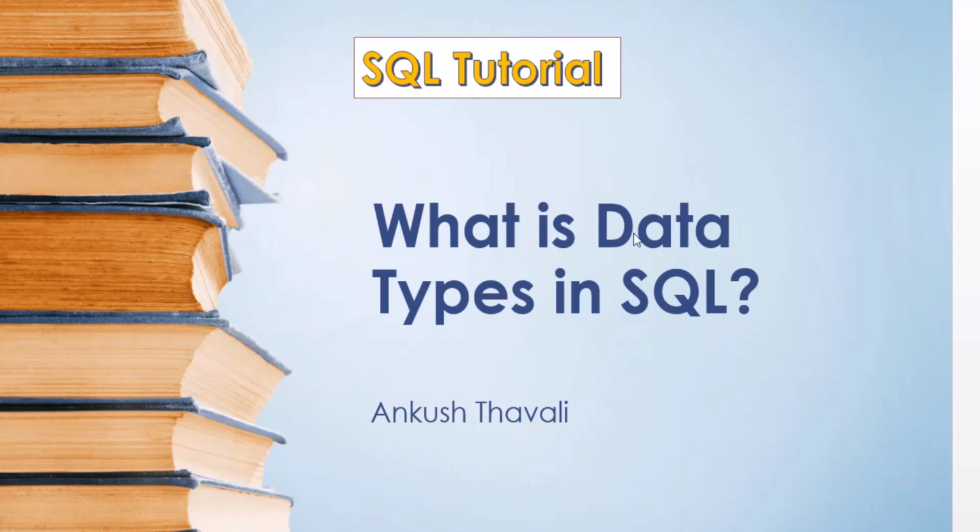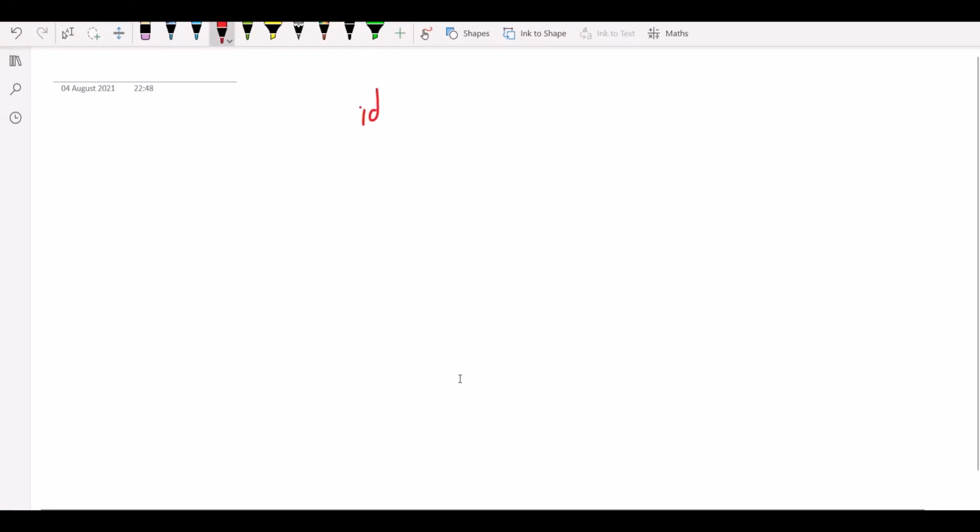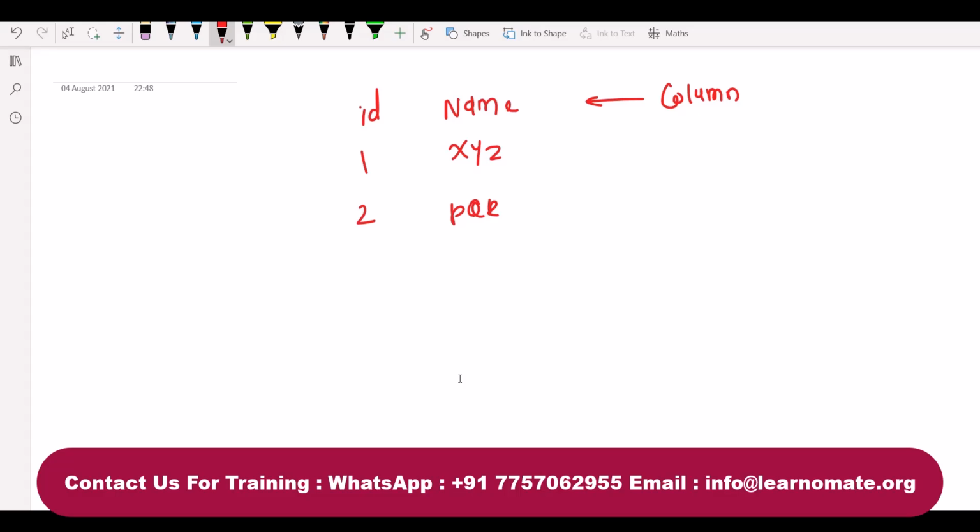In this lecture, we'll try to understand what data types are in SQL. In the previous lecture, we took one example of one table. The table had ID and name. These are the columns, and each is called a column of a table. Let's say we have ID 1, 2 and the names. This is a table. This ID and name we call columns of a table, and